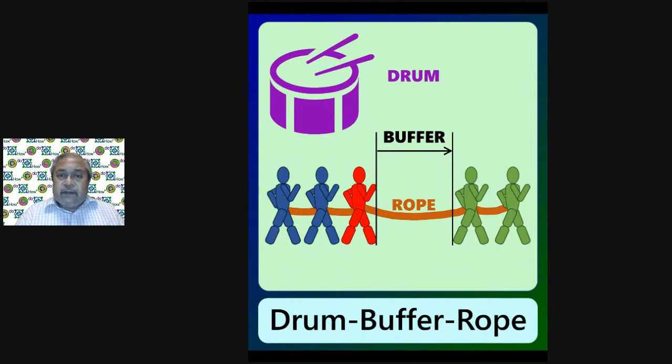A similar concept is also valid for stocking. Let us say if the stock has already reached the maximum green, anything beyond that becomes white. You don't need to produce something which is beyond green, and therefore that is the rope. So you got the concept now. Drum, buffer, and rope. Very simple.